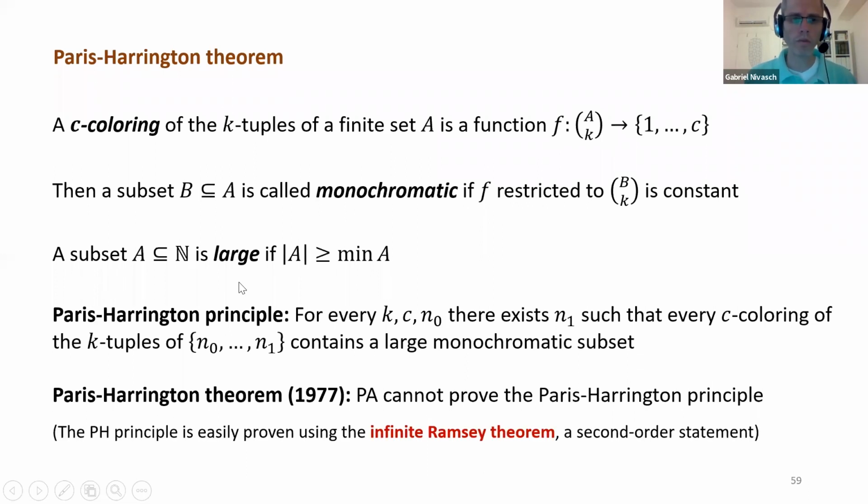The easiest way to prove this is by using the infinite Ramsey theorem. The problem is that this is a second order statement. That gives you an idea of why PA cannot prove it, because the obvious proof doesn't work. Later